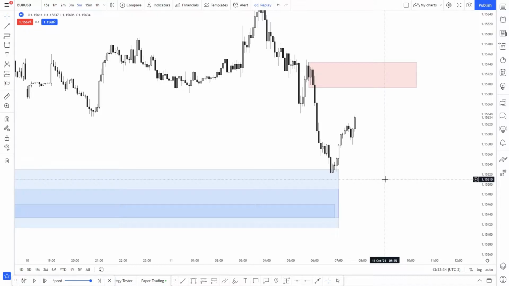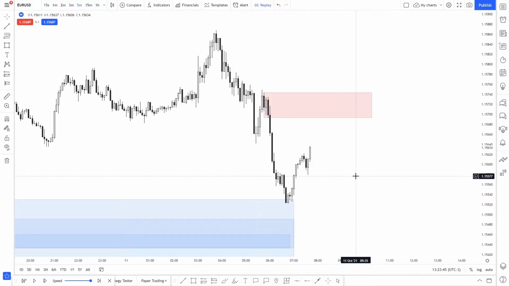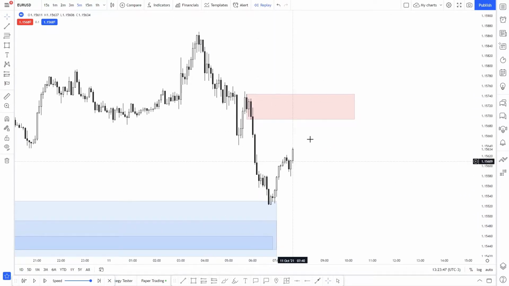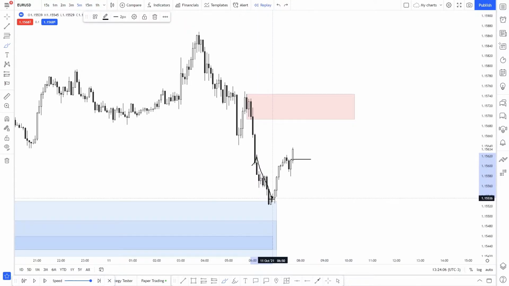I want to identify which areas are going to be stronger than other areas, right? Because right now we have different POIs that have formed through the morning and through this push down and through the push up. And I see, as an example, we had this POI which failed. We have now this POI that basically was a pause to then continue to go higher, that basically broke this high. And actually I think it broke supply here, because as you can see we do have a wick here, so it means that price in lower time frames made a retracement and then continued to go lower, right? And this move here, basically what it did was react to that retracement,